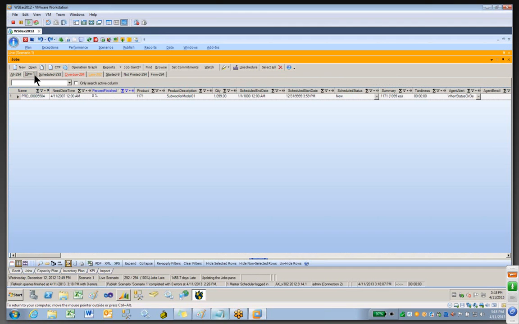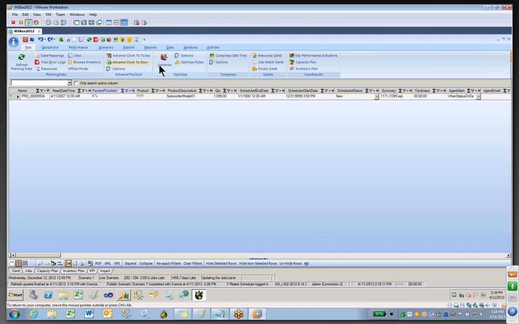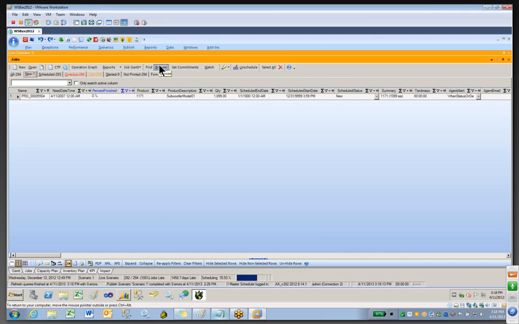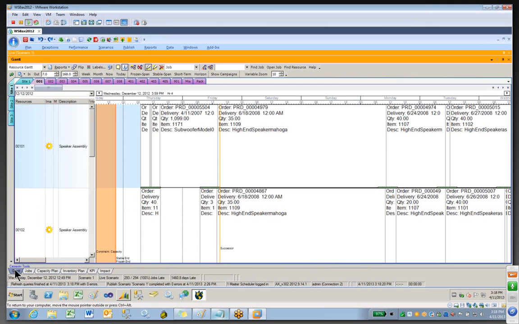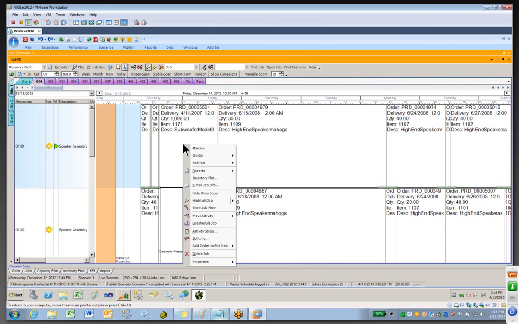Now, rather than dragging and dropping that job onto the screen, I'm going to optimize it in, following all of my rules and obeying the constraints across all of my resources. As we go back to the Gantt chart, we'll see right here up on Resource 101, as we point the mouse arrow to that production order, you'll see that information that we just entered in AX, the quantities and delivery dates,